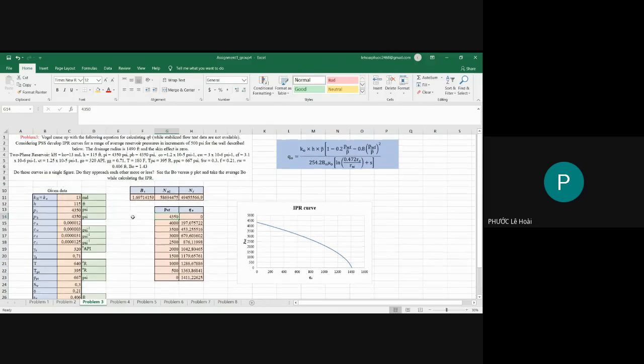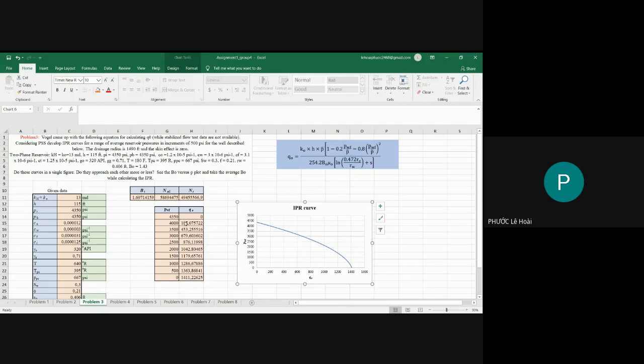And for the flow rate here, we use this formula to calculate it, replacing the numbers over here into this formula. We will have the flow rate, the suitable flow rate for each pressure. Okay, here,